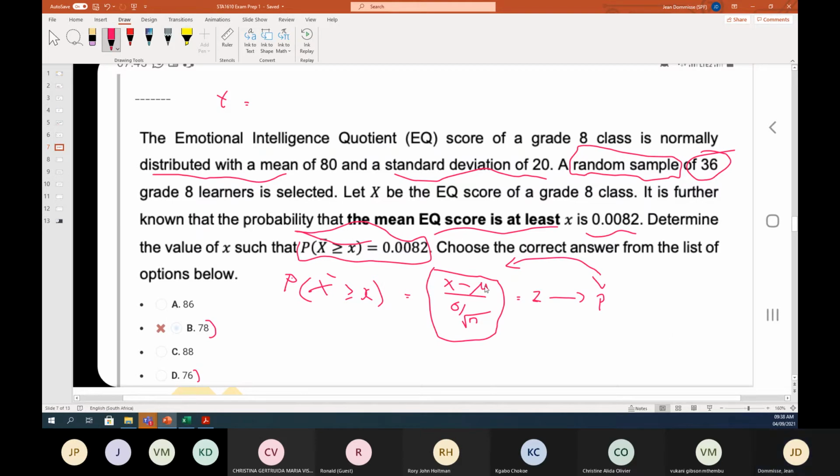So we've got a random sample of 36. And this is actually quite a difficult one. So random sample of 36, here degrees of freedom will be 35. So how do we